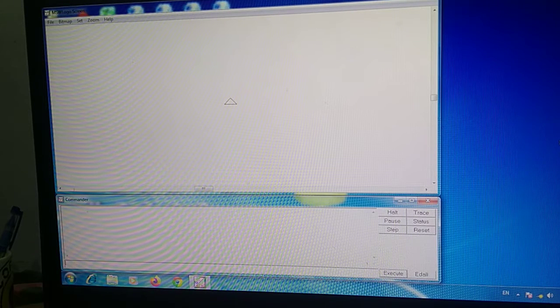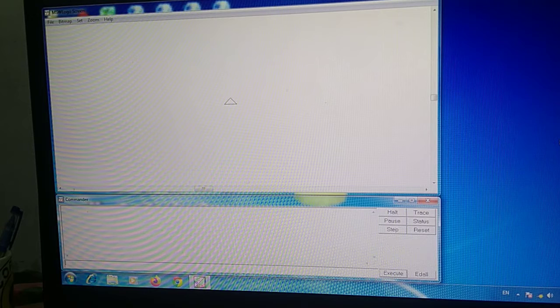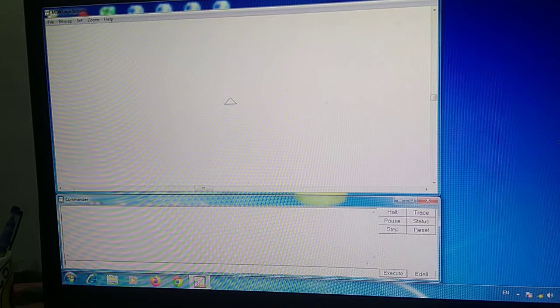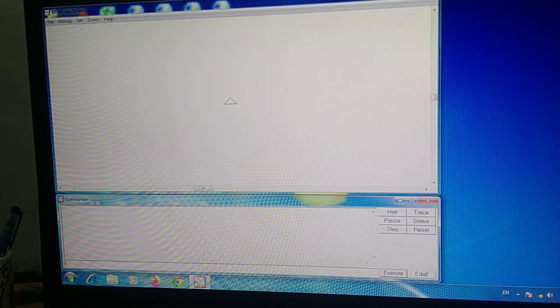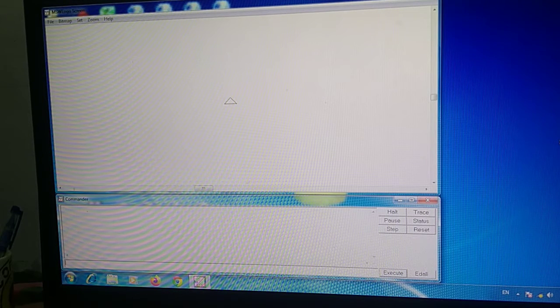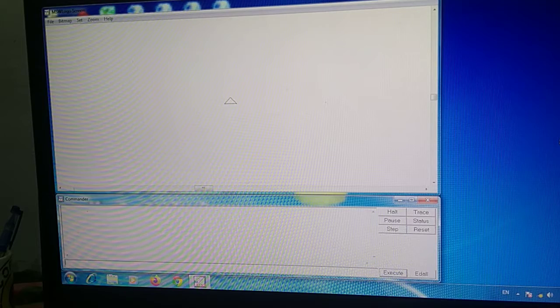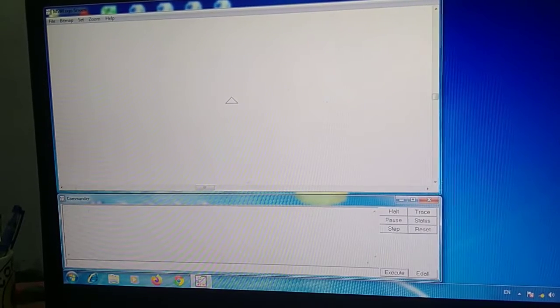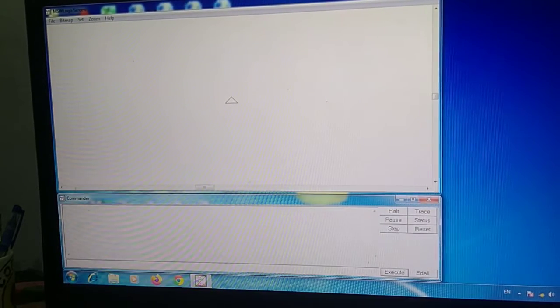The PU command is pen up and the PD command is pen down. How can you use this? You can see in front of your screen the MSW Logo has been opened here. So we have to write a command here. First we will write a command. Suppose that we are making a triangle, FD 100